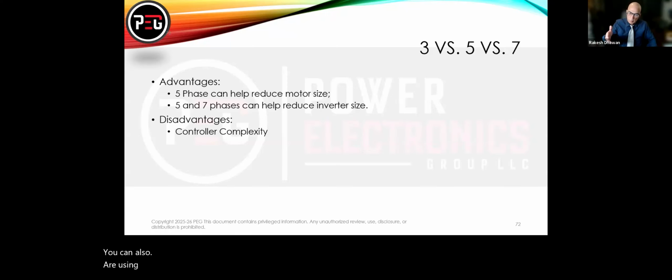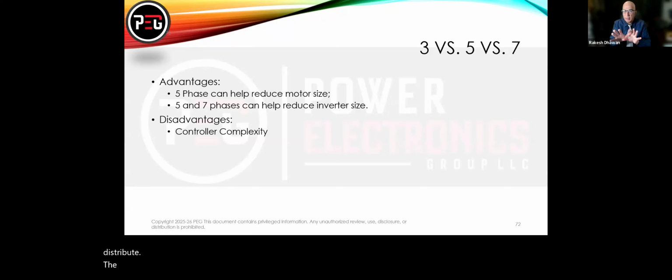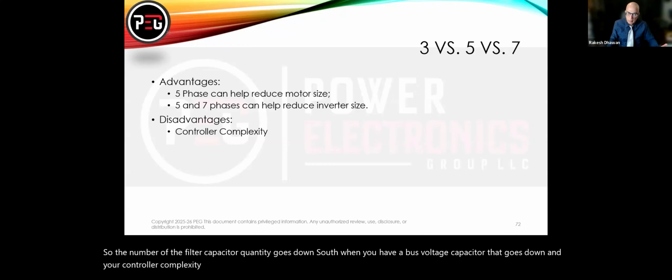Now when you're using a 3-phase motor, you have a higher current per phase. When you have a 5-phase motor, you're going to have less current per phase, so you can distribute the current into more devices without compromising your power architecture. So the filter capacitor quantity goes down. When you have a bus voltage capacitor, that goes down, and your controller complexity does increase with the 5-phase